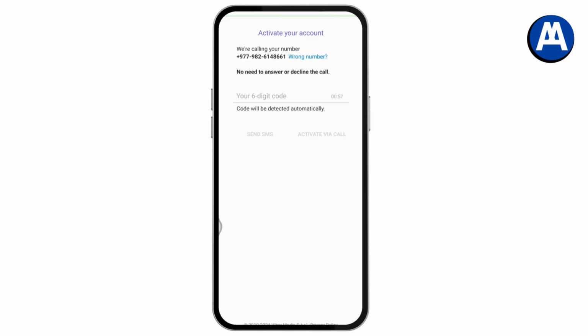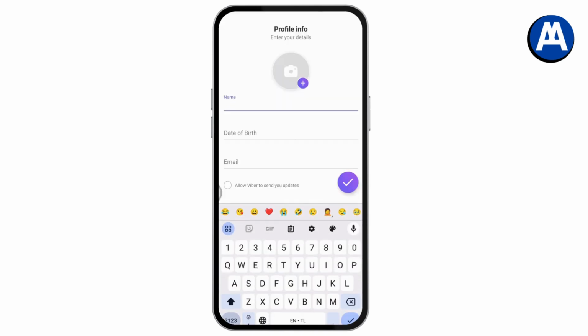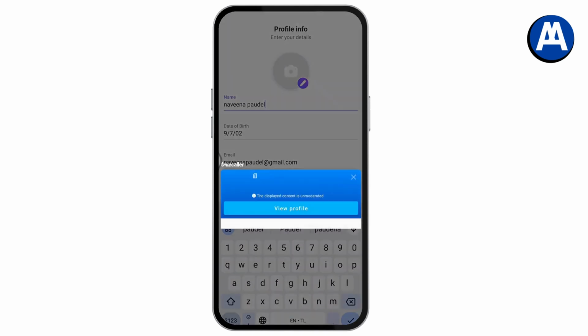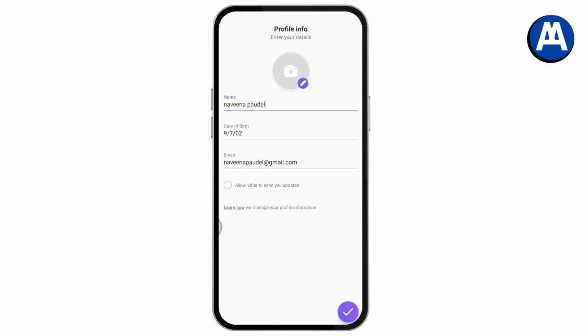Once you tap on Continue, now it will ask you to activate your account. So you just need to simply enter your 6-digit verification code, or you will also receive a call. And after that, you can enter your profile information and tap on the tick, which is on the bottom right,